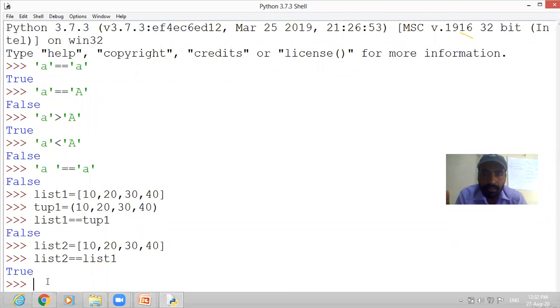Is it clear? In the same way, you can compare two tuples. Two tuples can be compared if their values are the same as well as in the same order. Tuple 1 is already there.